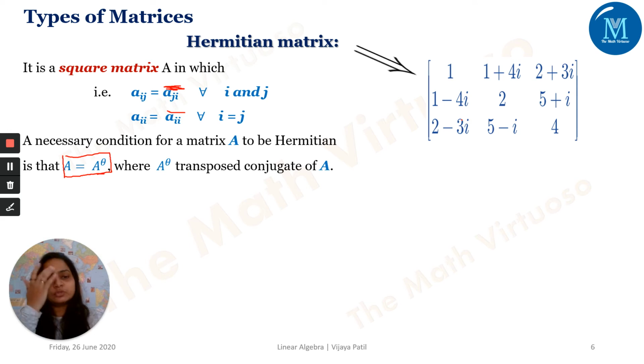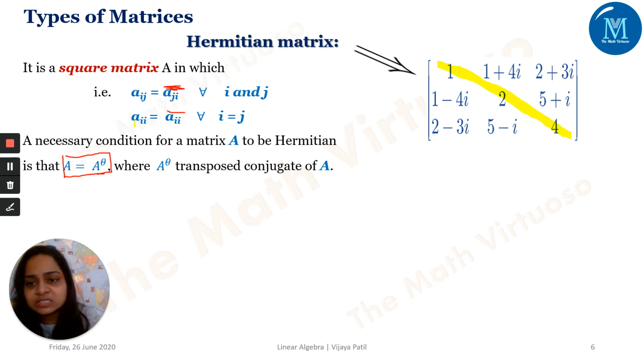Now it is very important for you to understand, just by observing, whether a matrix is Hermitian, or skew Hermitian, or neither Hermitian nor skew Hermitian. Let me give a brief about this. If you observe the diagonal elements, 1, 2, 4, any observation? Yes, the observation is that they are real numbers. That means the imaginary part of these numbers is equal to 0.